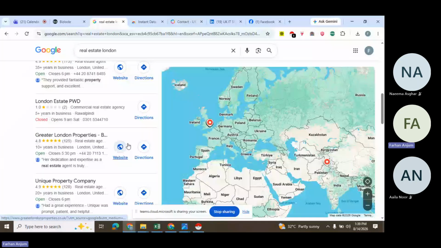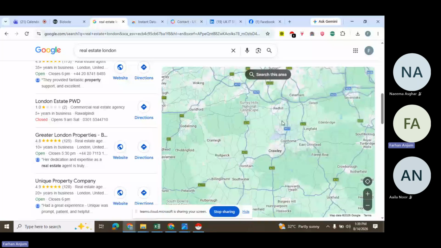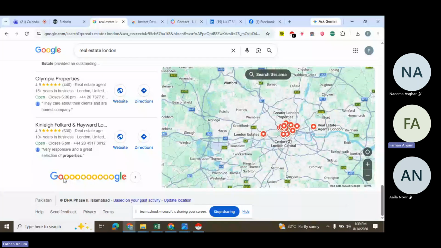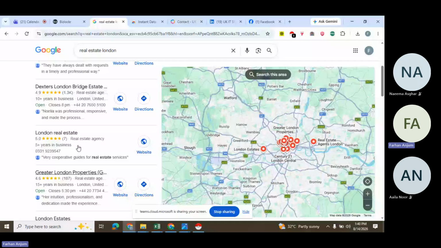Here you can see, as we are only targeting London, there you go. You can see how many businesses are there. And over here, we can see one, two, three, four. I mean, there are so many pages that we can simply scroll through and get the data for. And generating the data from here would be simply clicks away.